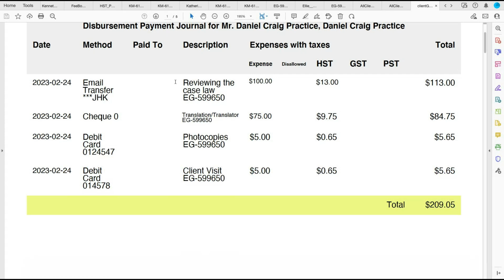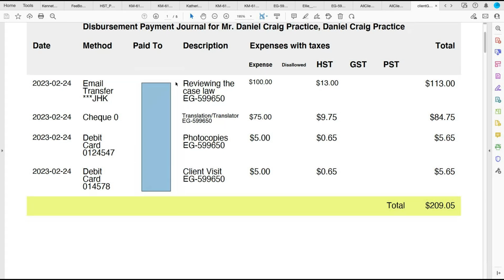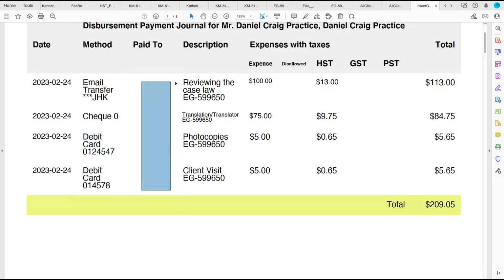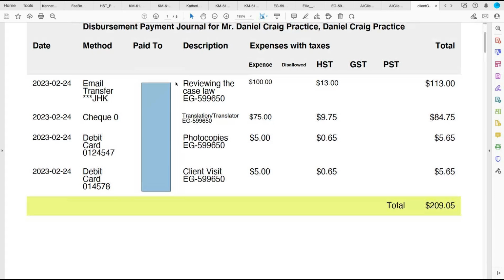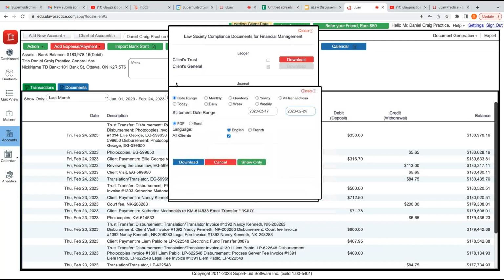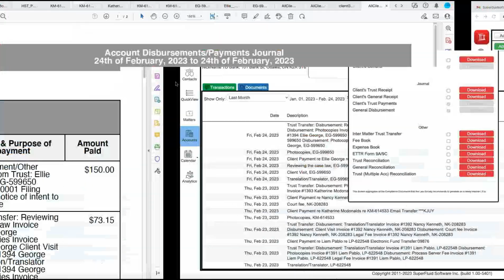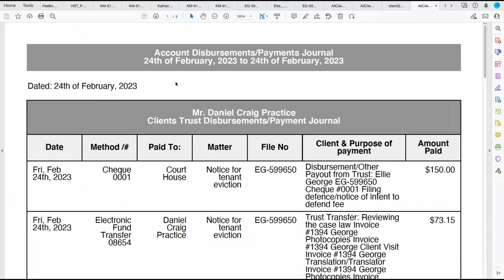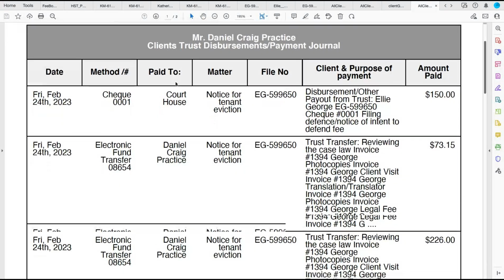And what do you see here? The method of payment. I didn't anywhere record paid to. I easily skipped it. So, don't make that mistake. It'll be left blank. But now when I download a client's trust payment, you would actually see that $150 and the paid to will have courthouse there because I purposefully